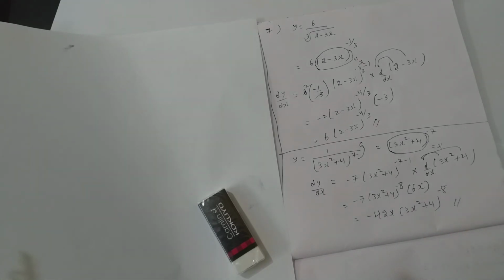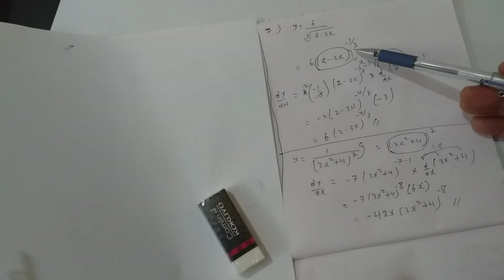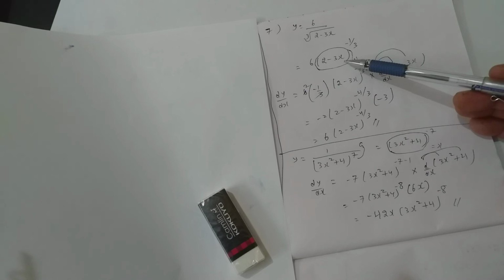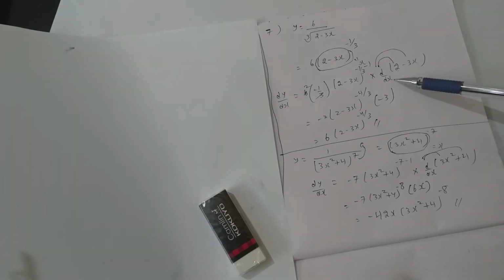This is my answer. I am trying to tell you, whenever the entire expression has got the power, you will assume it to be x. And finally at last d by dx of whatever in place of x you assume. In this case also we are assuming this entire thing to be x, at last into d by dx of whatever in place of x you assume. Am I clear? In this video I stressed on powers. Whenever the entire expression has got the power, then how will you differentiate?